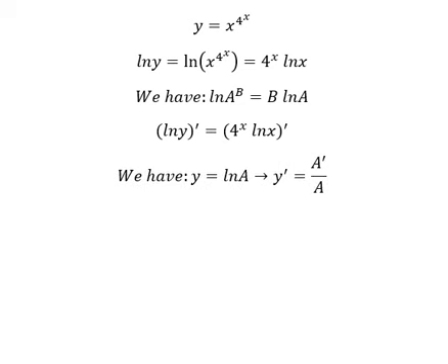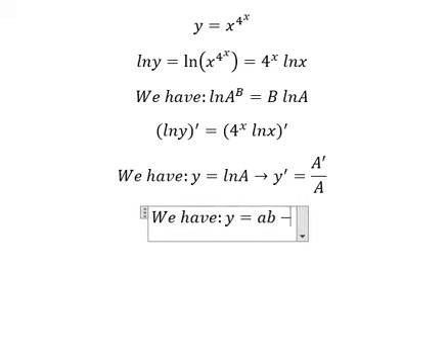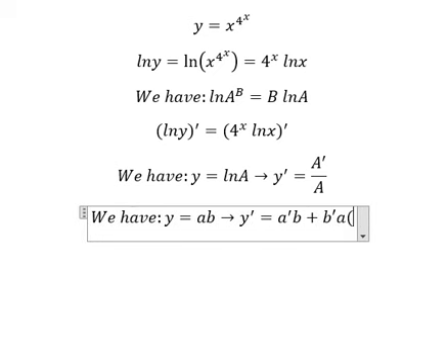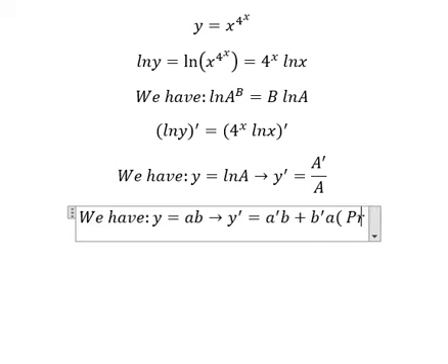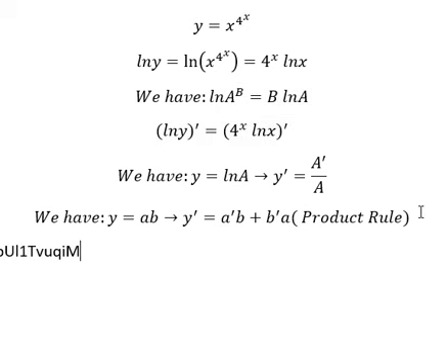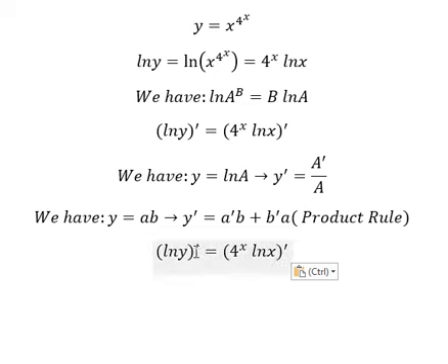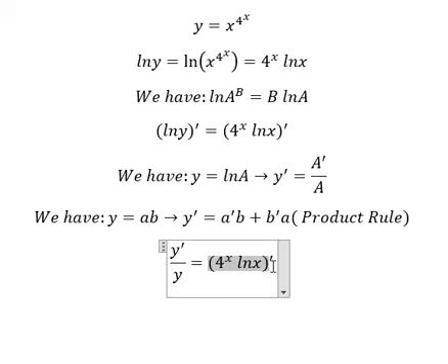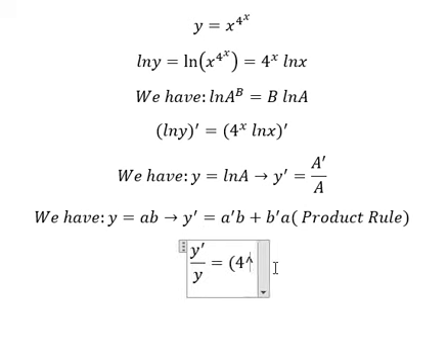And the second one, this one is about the product rule of the derivative. So in this situation, this one is the first derivative of y over y. This one is about 4 to the power of x,